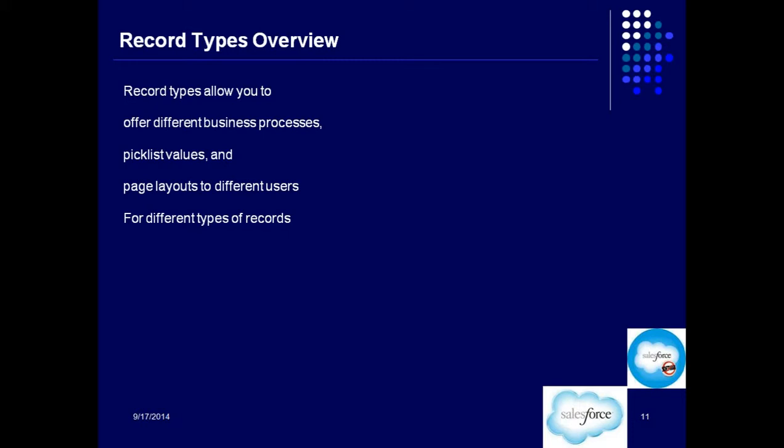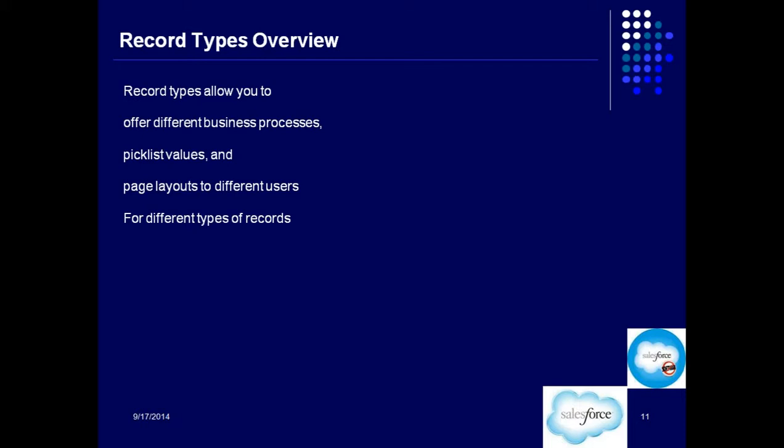So in the same object, if you are trying to store two different types of records, then you can create record types. For example, let me just give you an example which is pretty simple.